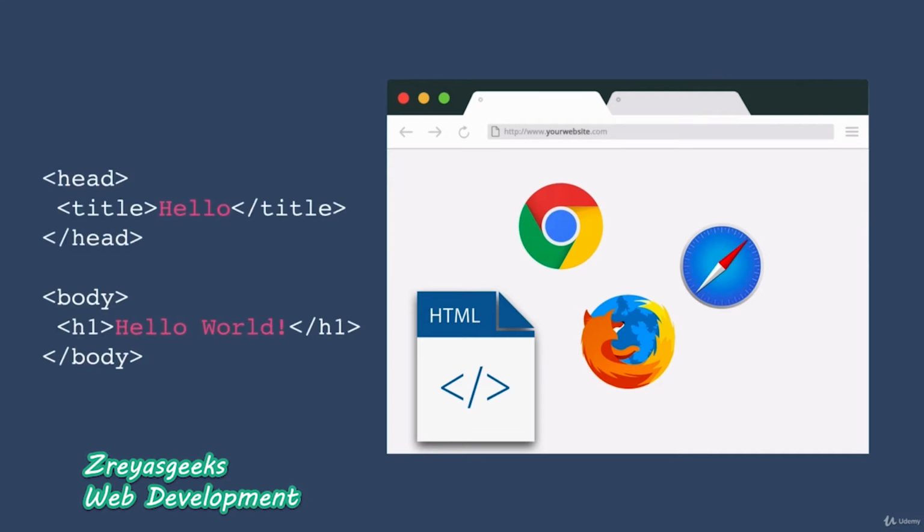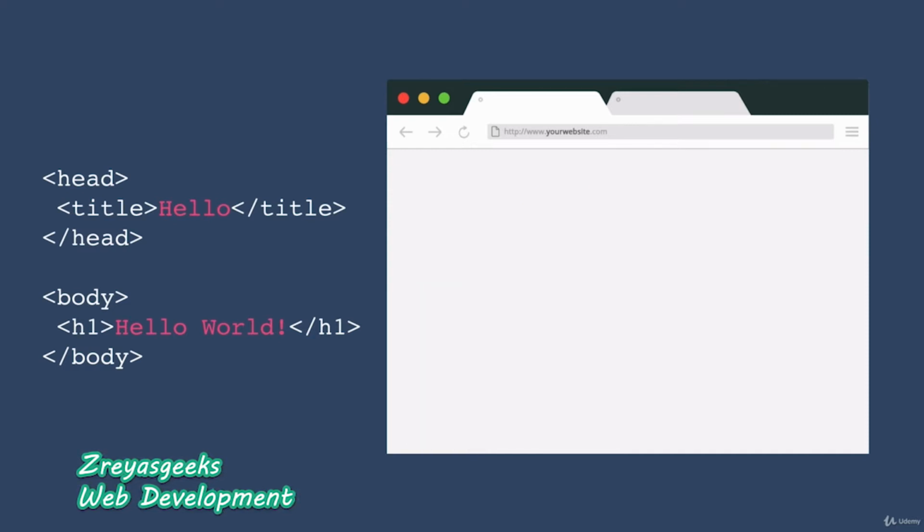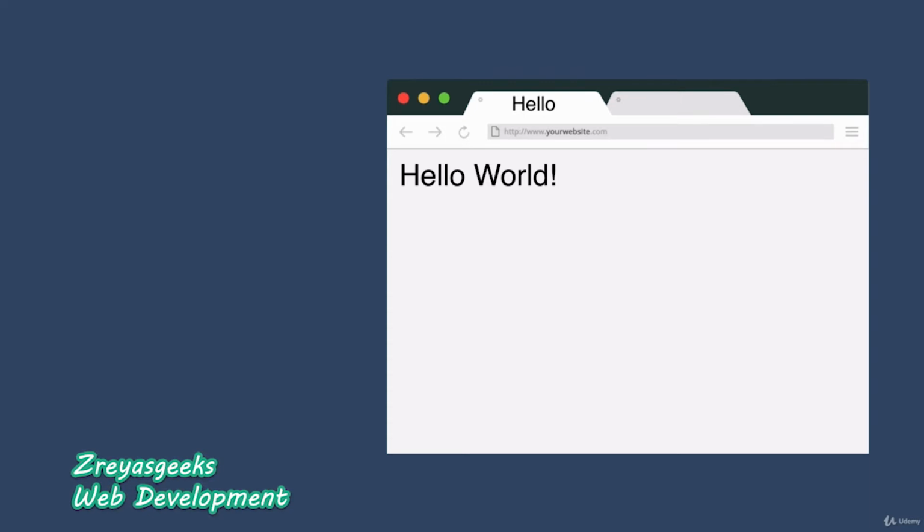So, for example, we've got a little bit of HTML code here that says that our website should have a title called Hello, and in the body, there should be a heading that says Hello World. If we pass that code into our browser, it will open it and display it like so, with the title of the website usually on the tab bar, and that H1, or that big heading, showing up in the